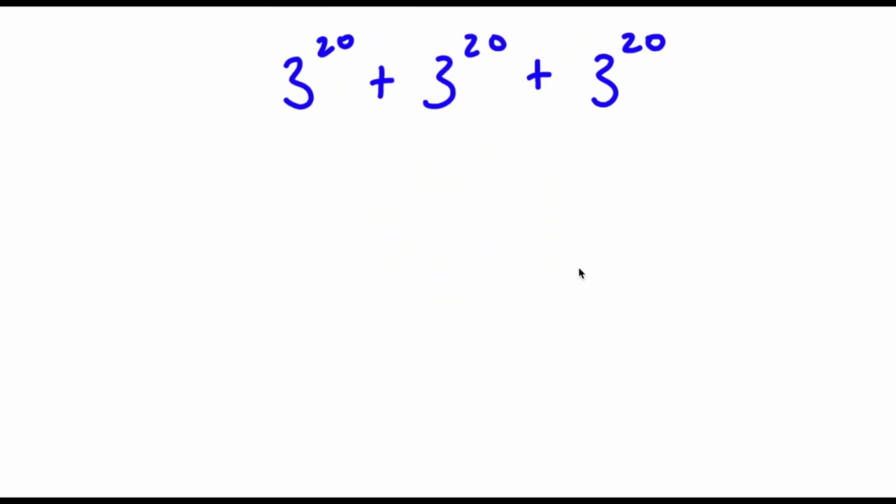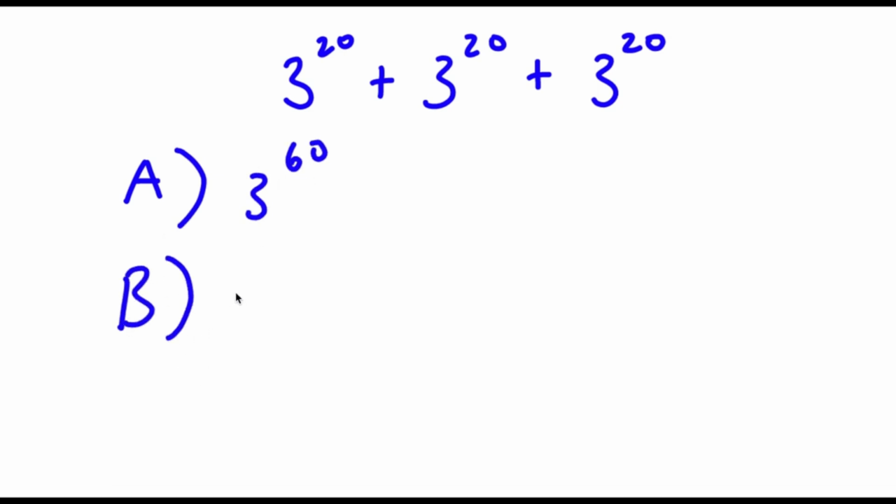Alright, so I have 3 to the power of 20 plus 3 to the power of 20 plus 3 to the power of 20. Now for this problem, I actually have 4 answer choices. So for answer choice A, I have 3 to the power of 60. For answer choice B, I have 60 to the power of 20. For answer choice C,